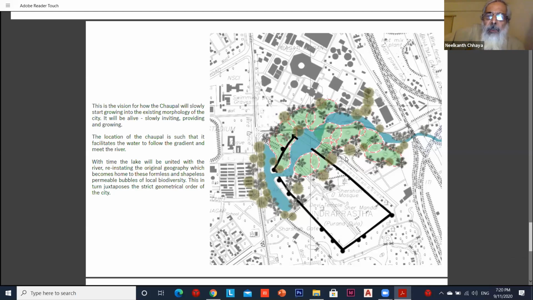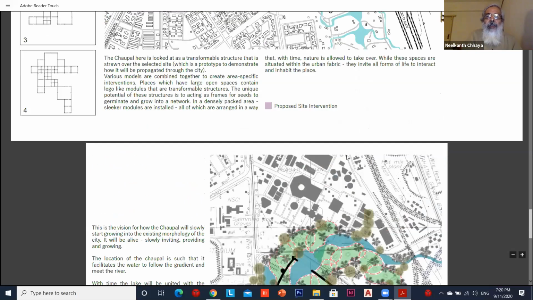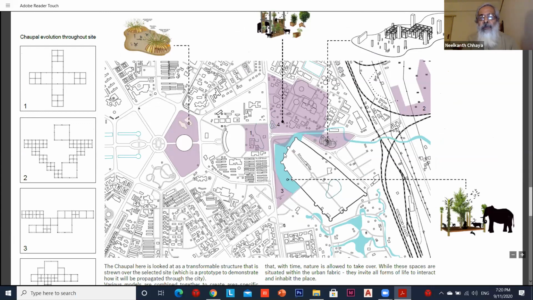Your site is how big? The purple areas were quite large, no? Maybe 50 hectares. So how many pavilions will you have to build? Each one is about 3 meters by 3 meters or 4 by 4 or something like that. So let's say it is a maximum of 20 square meters. So you will have to build 5,000 or 10,000 such. 10,000 trees will be nothing, but still 10,000 such things. How many people will work?